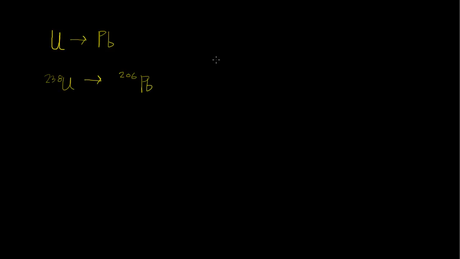This has a half-life of about 4.5 billion years, so it's quite slow, this process. The other radioactive form of uranium is uranium-235, which decays through a bunch of intermediaries and finally ends up